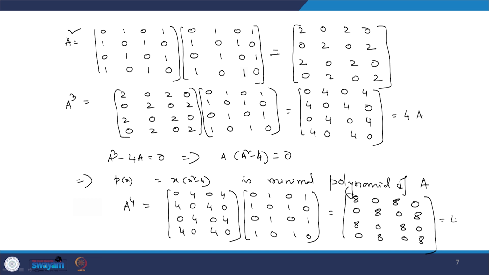So, it will be 4 into S square. So, this implies A to the power 4 minus 4 S square equal to 0. So, this implies f is equal to x to the power 4 minus 4 x square as characteristic polynomial